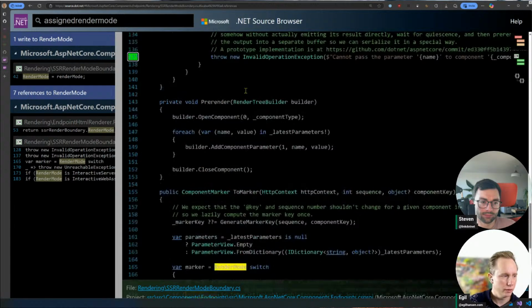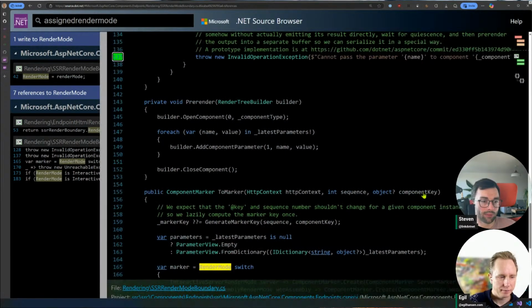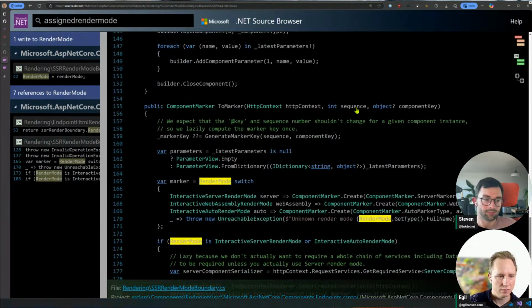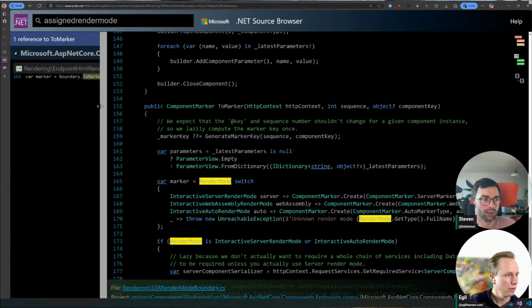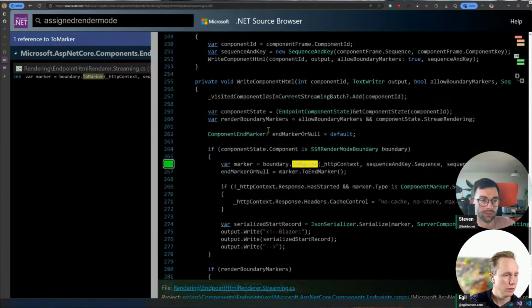Where are we in? We are in SSR render mode boundary. Yeah, and I think this is that sequence, that's component ID. Who calls this method? It's called from here, the renderer. HTML renderer, yeah, and it's always if it's streaming, then you have